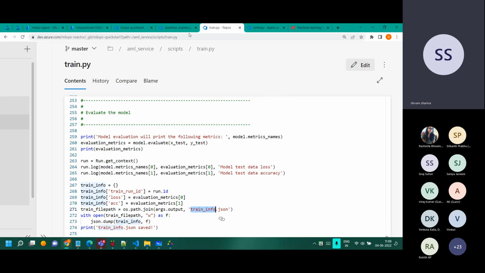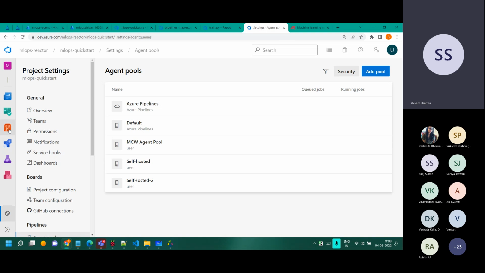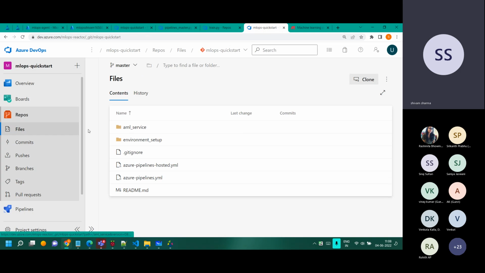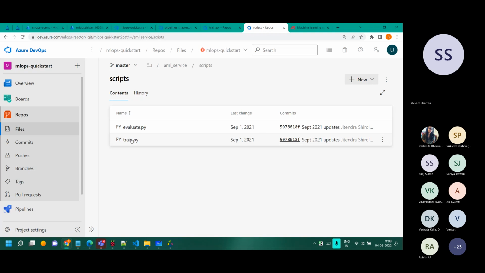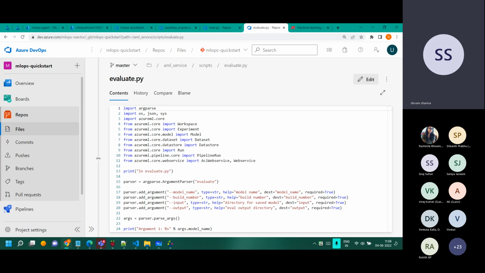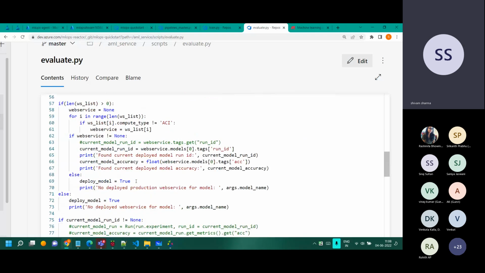Now we'll quickly go and check what happens in the evaluate step as well. What's the next part over there? After this, the next is evaluate. I'll take you to the evaluate part, and this is where the next MLOps part happens. Let me just show you the lines.